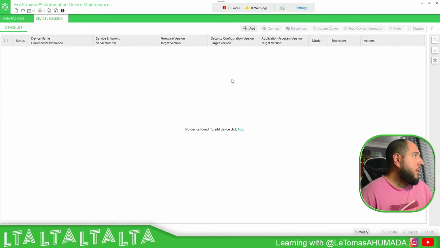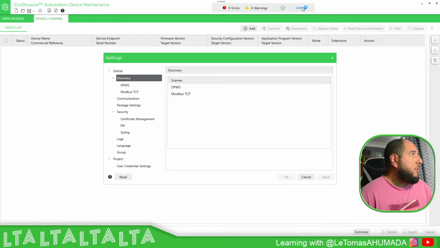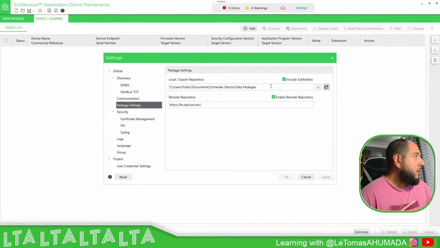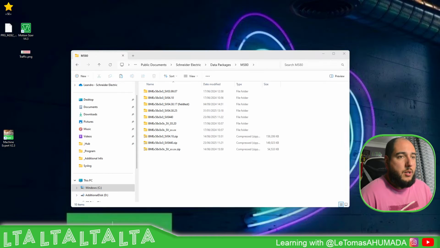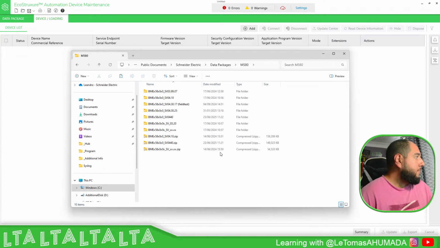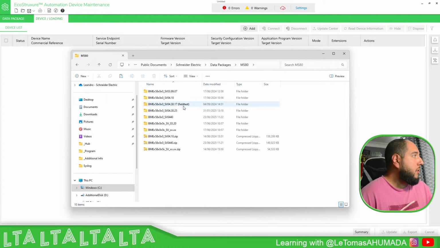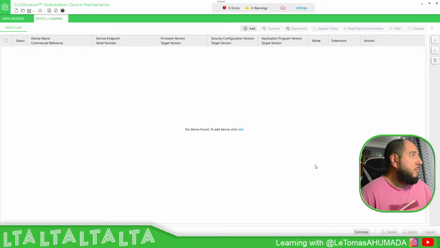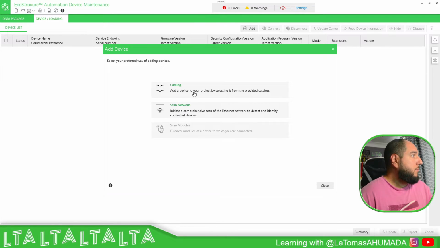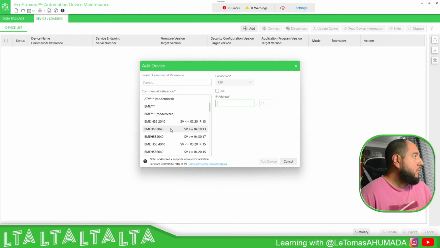To the side. Once you download the file, you just need to put it in this folder. Okay, let's see if I can show you that. Here I have a data package, where I created an M580 folder. They have different versions. I have downloaded the latest one, 4.4. So now we just need to catalog,